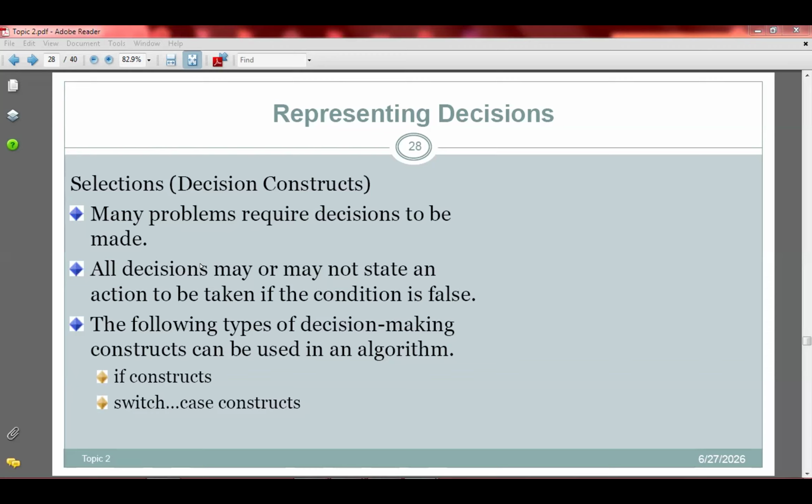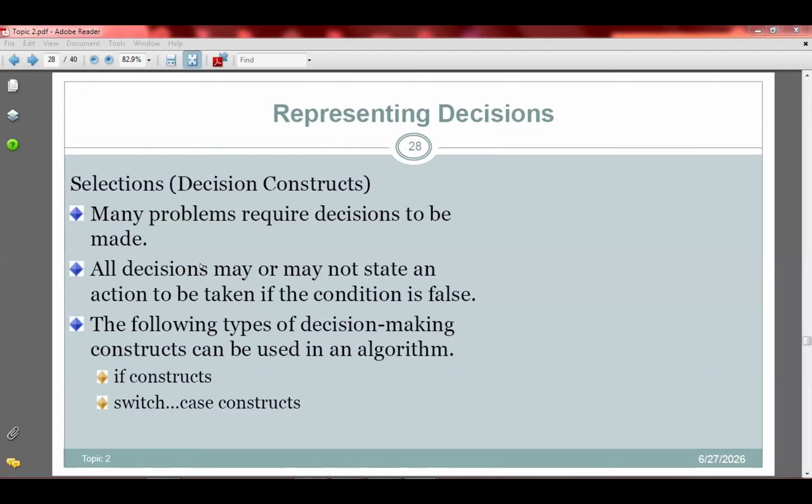We say many problems require decisions to be made. Decisions may or may not state an action to be taken if the condition is false. So decision constructs are basically used to execute a program or part of a program based on the outcome of a condition. I'm repeating again, decision constructs are basically used to execute a program or part of a program based on the outcome of certain conditions.